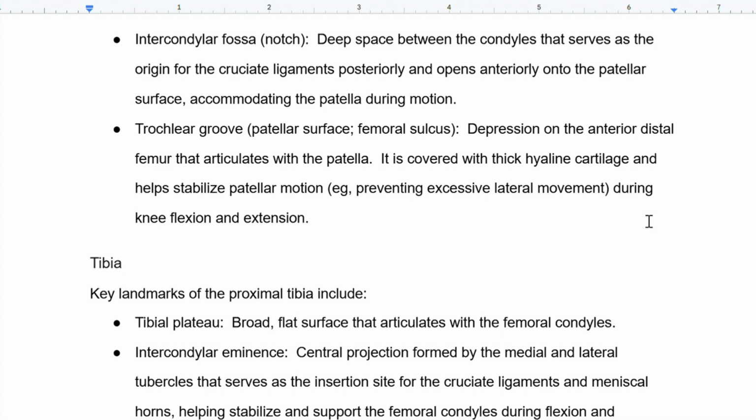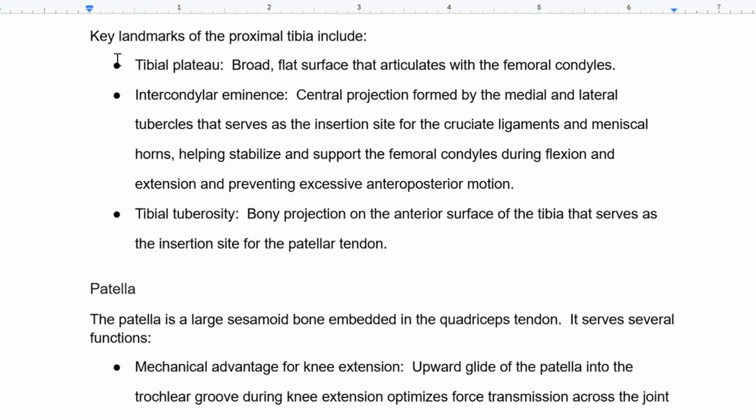Okay. Trochlear groove, patellar surface, or femoral sulcus. So this is the depression on the anterior distal femur that articulates with the patella. It is covered with thick hyaline cartilage and helps stabilize patellar motion, preventing excessive lateral movement during knee flexion and extension. The tibia. Key landmarks of the proximal tibia include tibial plateau, broad, flat surface that articulates with the femoral